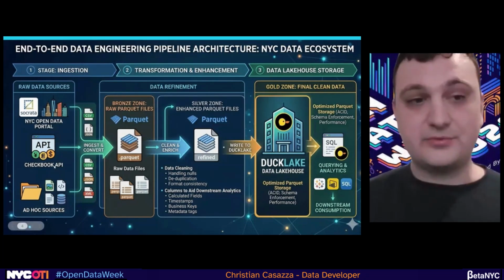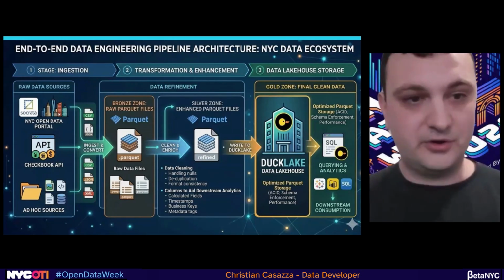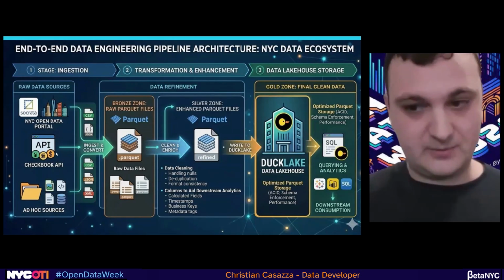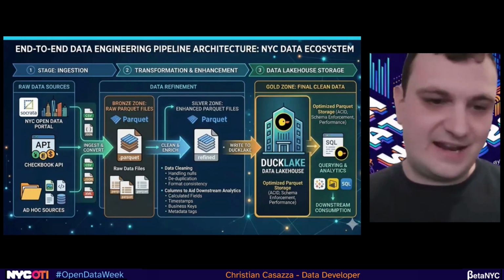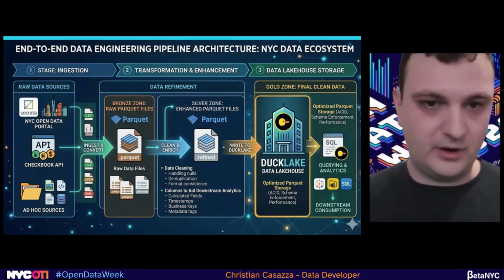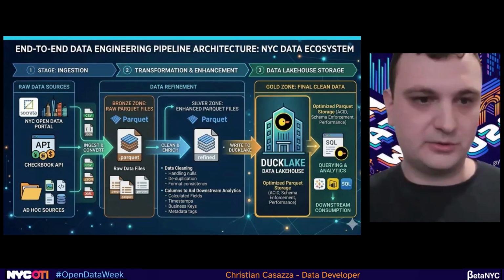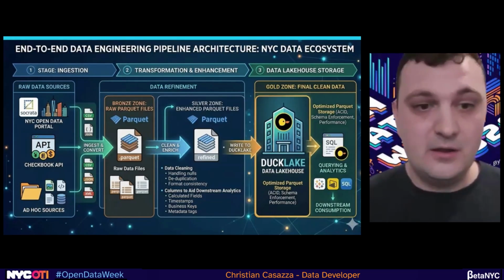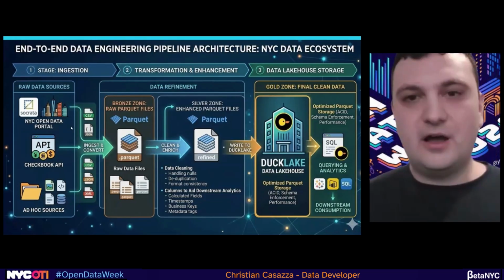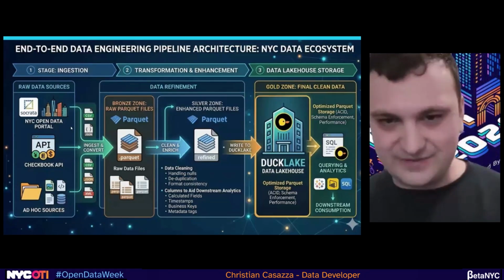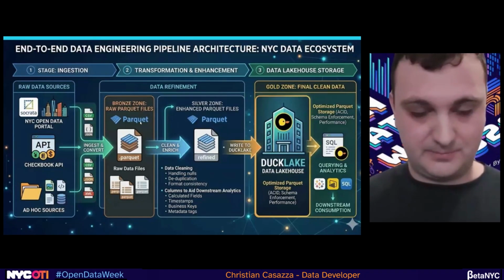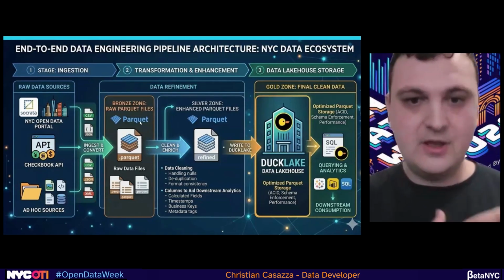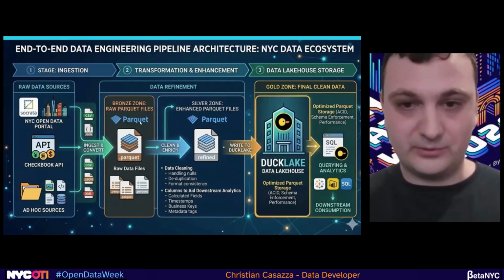In general, we're going to be talking about three raw data sources: the NYC Open Data Portal, which you're all familiar with, the Checkbook API, which allows more transaction-level details into the city, and the various ad hoc sources, which might be from FOILs or random city data drops that don't go to the established channels. From these sources, they're going to be unoptimized formats: CSV, JSON, XML. Instead, we're going to take all that and put it into Parquet files, which I'll talk about in a little bit, which makes it a lot smaller and easier to work with.